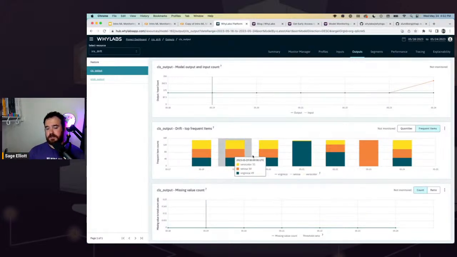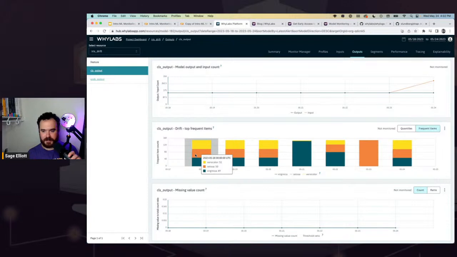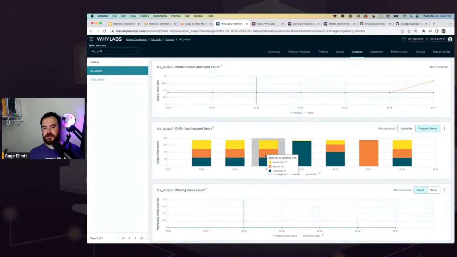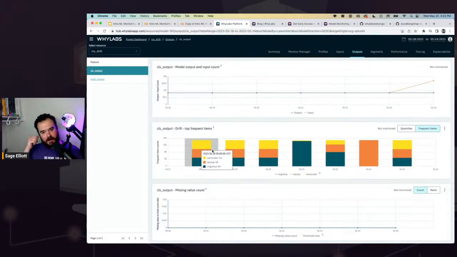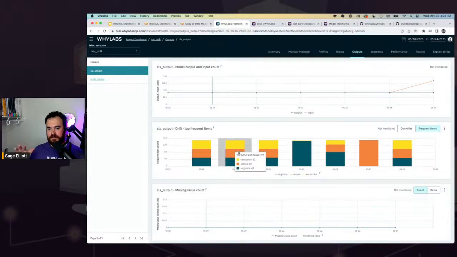So we can see the first 3 days have a pretty similar distribution. And when we ran the data drift monitor on our input data, we saw that those 3 days were pretty similar to the training data set, so they're probably pretty fine. And I'm cheating because I know they are, because I made the alterations to this data set. So in this case we're expecting probably a pretty similar distribution of about 50 of each class every single day.